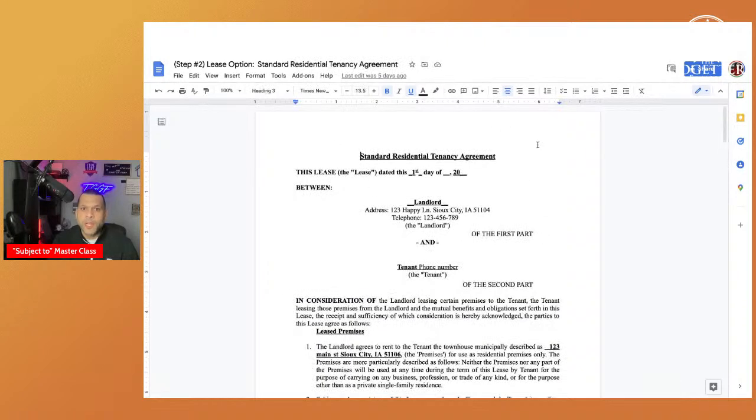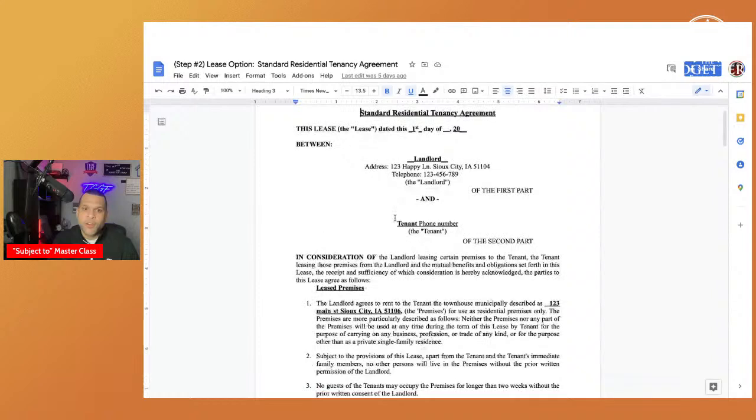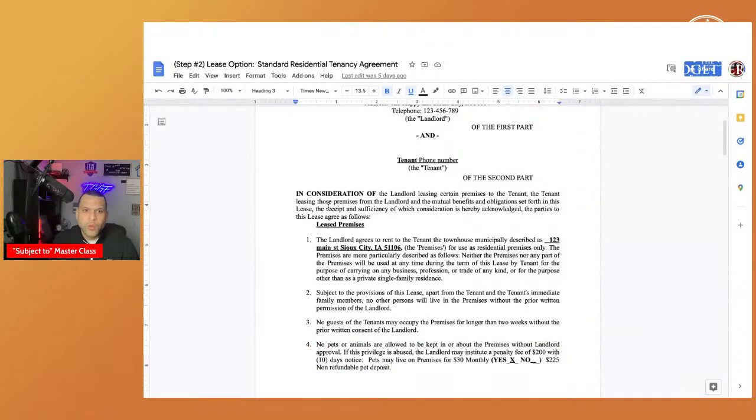Now, this is their right to quiet enjoyment right here. This is your tenancy agreement, standard residential tenancy agreement. Remember, everything's standard. So here we go. This is just your tenant-landlord agreement, right? So they agreed to pay the tenant the townhouse, municipality described as such, premises for use as residential premises only. Premises are more